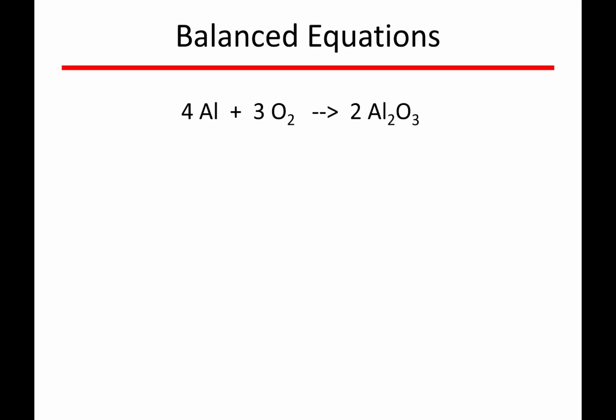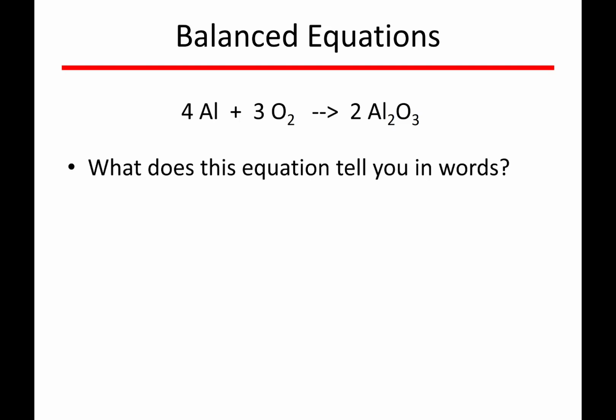Now, looking at this balanced equation, it's really important for us to also think about how we can convert the symbolism that's shown here into words. So we're going to ascribe physical meaning to what this balanced equation is telling us. That is so important, not just in a problem like this, but really in any chemistry problem. You want to try to give physical meaning to things so that they don't seem so abstract. That's going to be really helpful when we go on to discussing how we can use a reaction to do